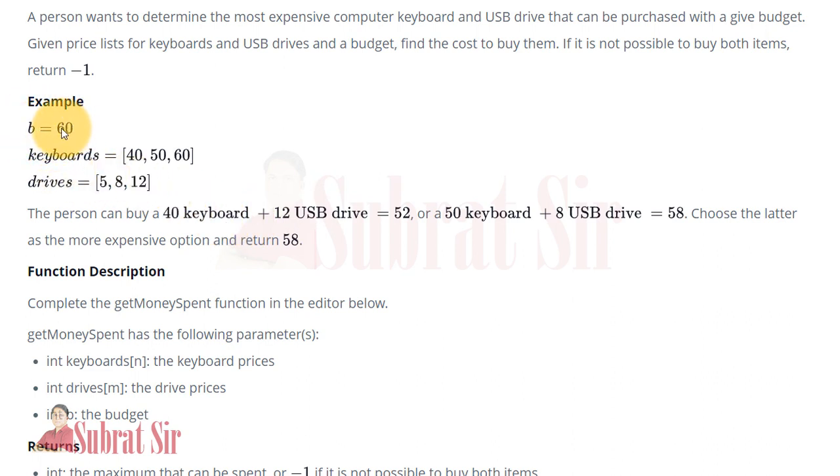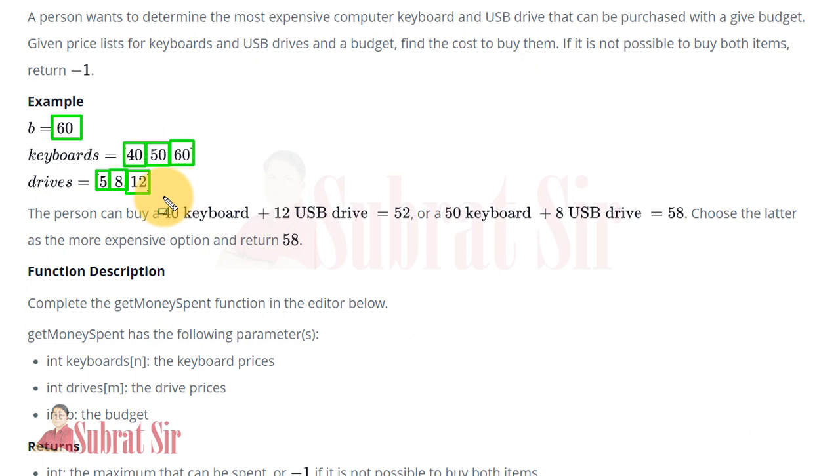Suppose budget is 60 and keyboard prices are 40, 50 and 60. Okay, 3 different types of keyboards are there and 3 different types of drives are there, 5, 8 and 12.